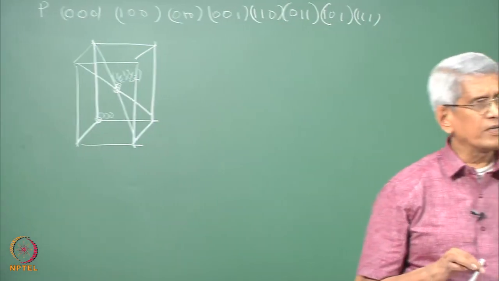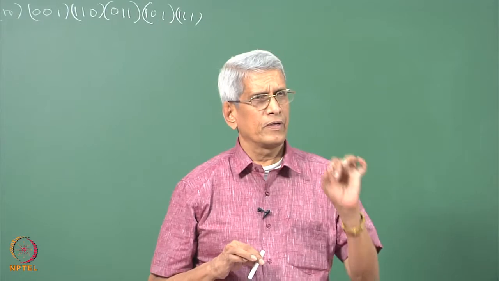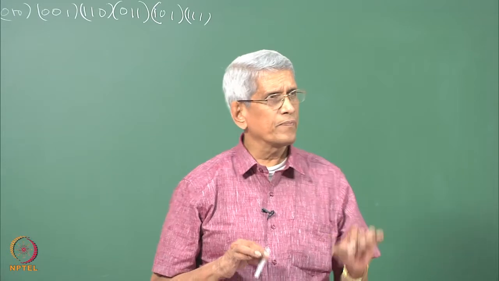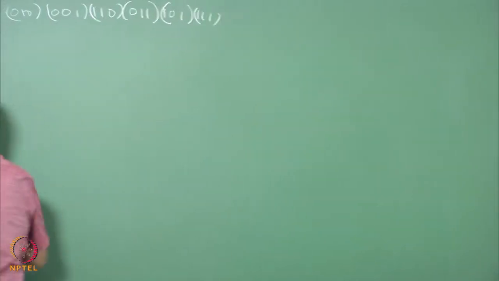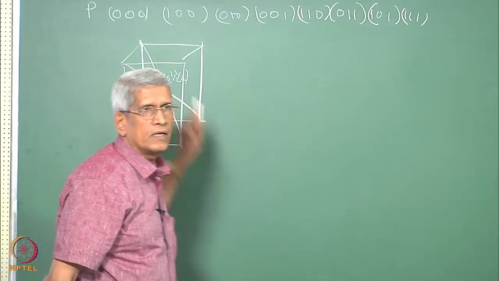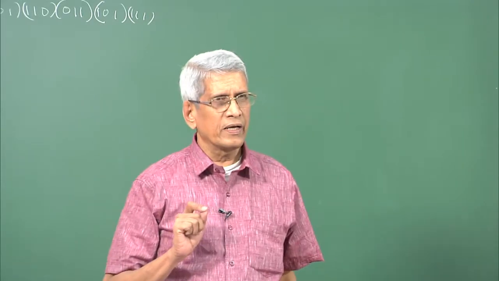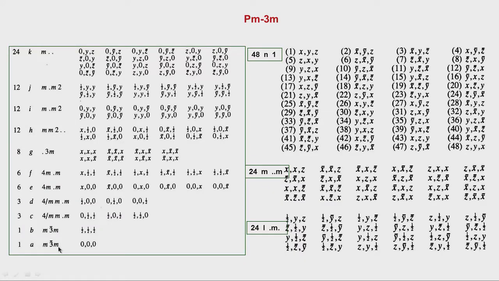This is distinctly different from the primitive lattice, in the sense that from this lattice point to this lattice point, you go by a lattice translation vector. The symmetry of that point is the site symmetry m3̄m, and it is designated in Wyckoff terminology as a, and how many points are there in the lattice? That is only one.